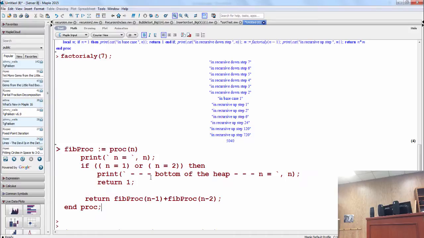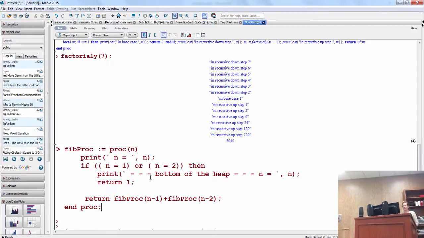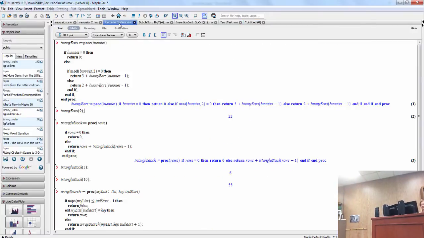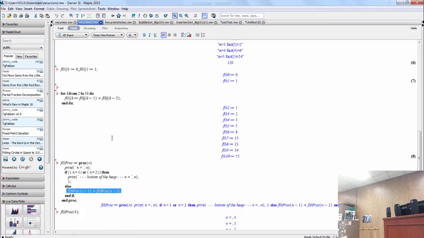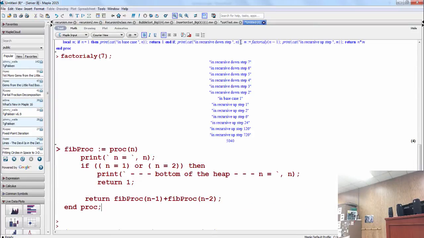All right. And we can run it and see how it works. I did put some trace statements in there. I can recopy my other trace statements. Not that one. Actually, I did put the other trace statements in there, but that's okay. N minus 1 or n minus 2.